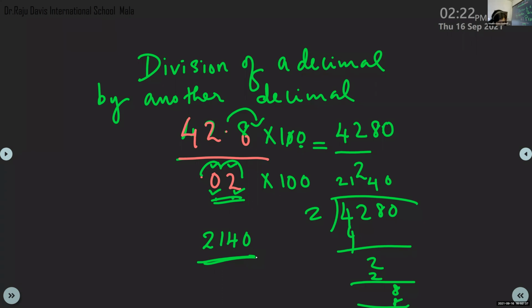Division by a whole number it is. Okay, ma'am. This one I'll explain again. Don't worry. Because I think for some of you it is not clear. One more period? I won't get any more period. So next day I will explain this again. Then I'll give homework based on this. Okay. The other numbers, it is clear to you, no? Division by whole number is clear to you, right?